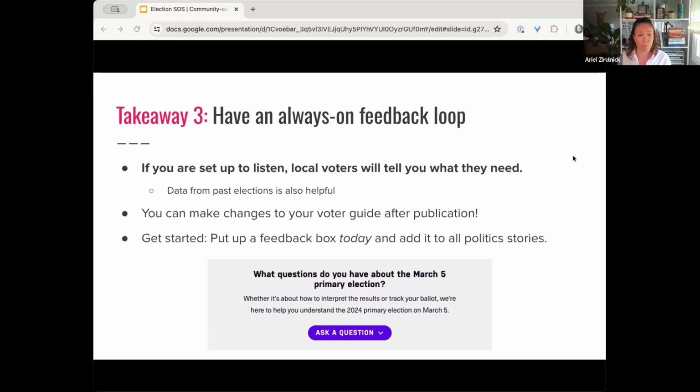This can also help you inform UX. Some of the things that we would see is that people would be reaching out to us asking for things that we had covered, that we had guides to. And so it helped us understand how we could improve the navigation of the site. What were people having a hard time finding? Did we maybe label it poorly? Did we put it in a strange section of the website? Did we need to move it higher up in the navigation box, higher up on the landing page? So those boxes can inform not just what you commission, but also how you organize the information in your voter guide. And you can get started with this today. Put up a feedback box, add it to all of your politics stories. You will be surprised at how much information you probably have to make decisions within the next couple of weeks.